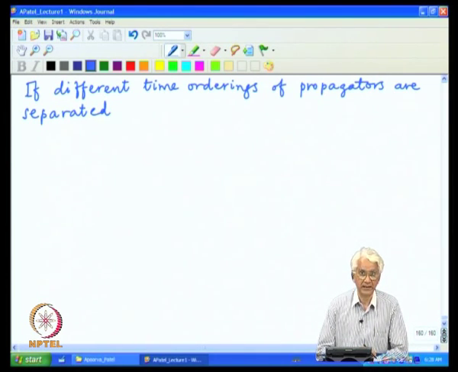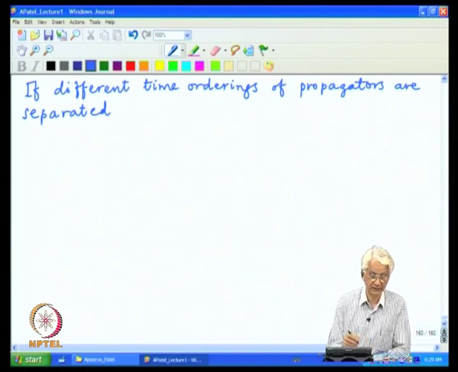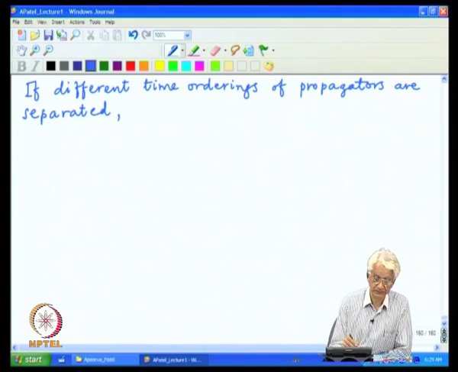But if we now go back and rewrite this propagator as sum over two different poles, one corresponding to positive energy and one corresponding to negative energy, then